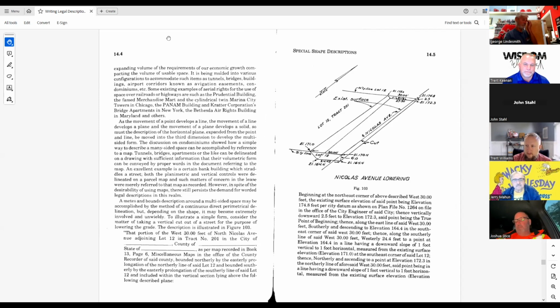Yep. And understanding those is going to be the biggest challenge, I think, for our next generation: now yet another datum, and how do those 3 interplay. I did a FEMA cert today where one survey was on 29, one was 88, and we had to match between the 2. And we've got some older surveyors and engineers that say no, it is where it is, right? There's the benchmark, you build up from there. We actually have to have a better understanding, not just of the physical ground, but the air above that. And to the point of the book, the land below that too.